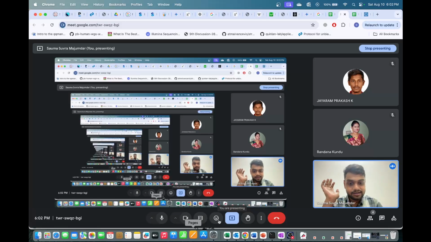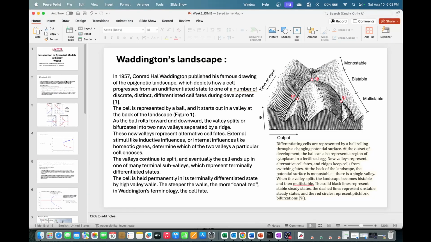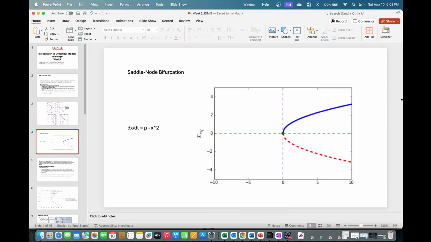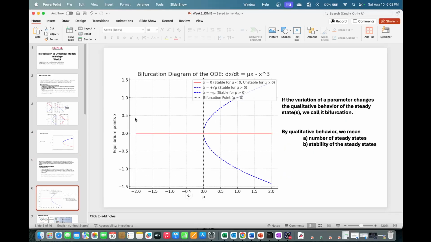We learned different types of bifurcation, how bifurcation occurs, saddle node and everything. Then we looked at different examples and how we do bifurcation plots. So this is one of them. This is how the bifurcation plot for this equation looks. We did another for this equation as well. We are varying the parameter and checking how x, our dependent variable, is varying